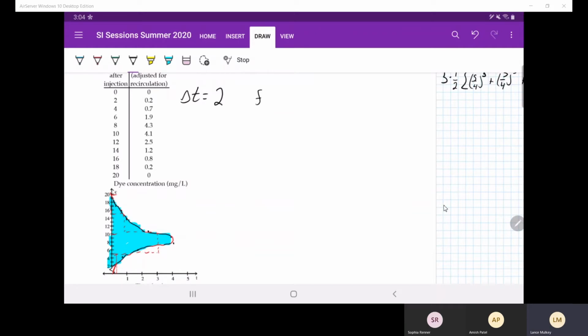And we're going to do delta t times f of 0 plus f of 2 plus f of 4, so 2 times 0.2 plus 0.7 plus 1.9 plus